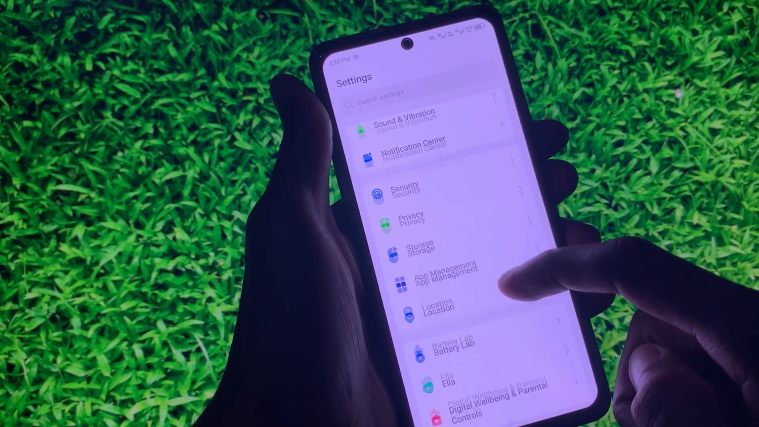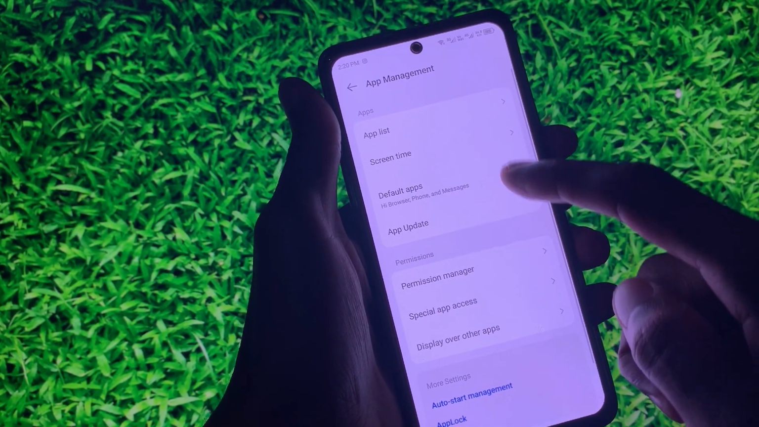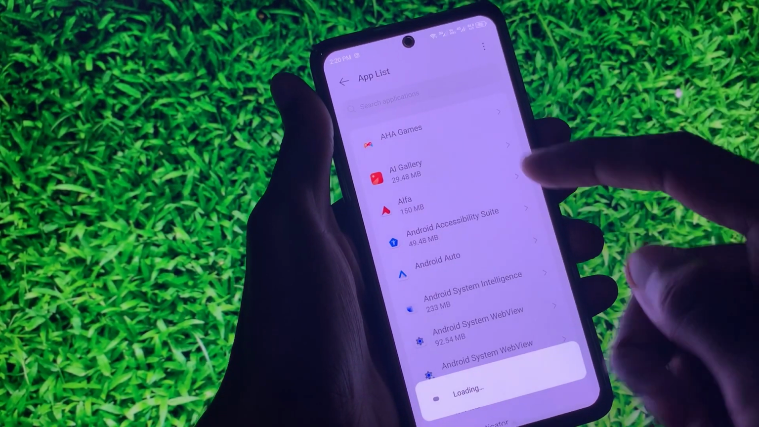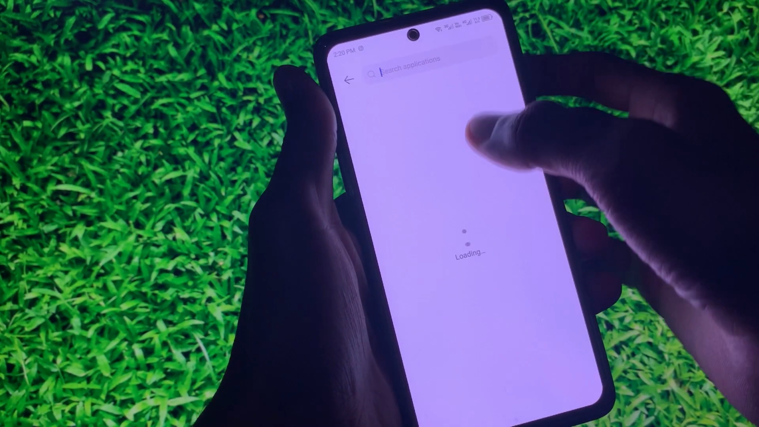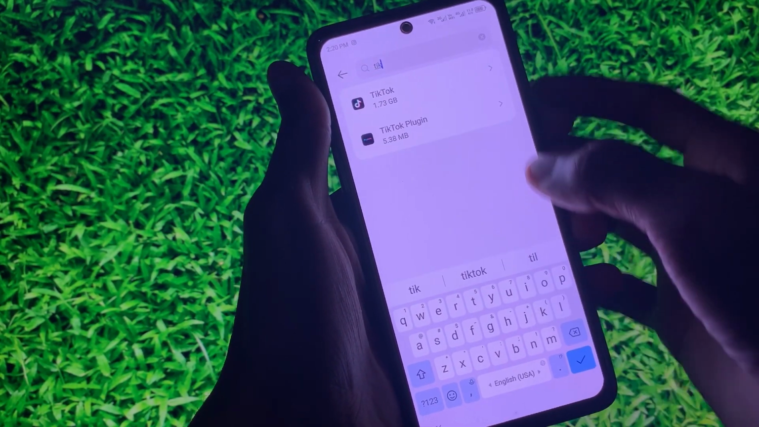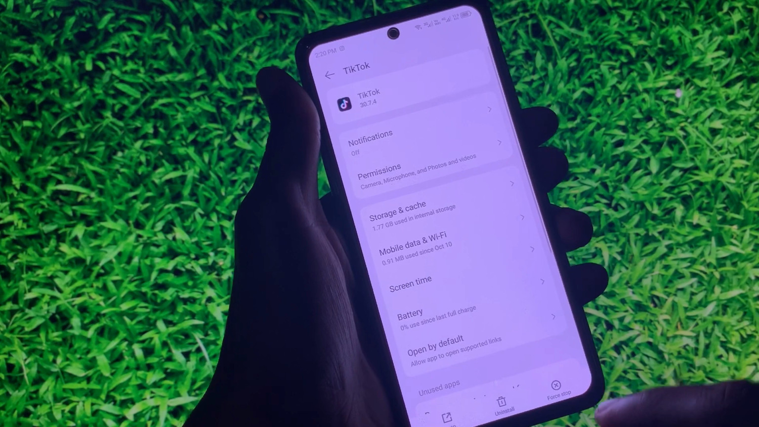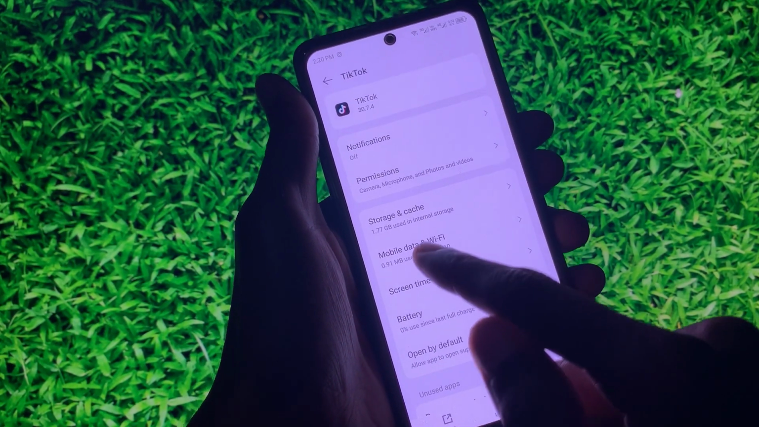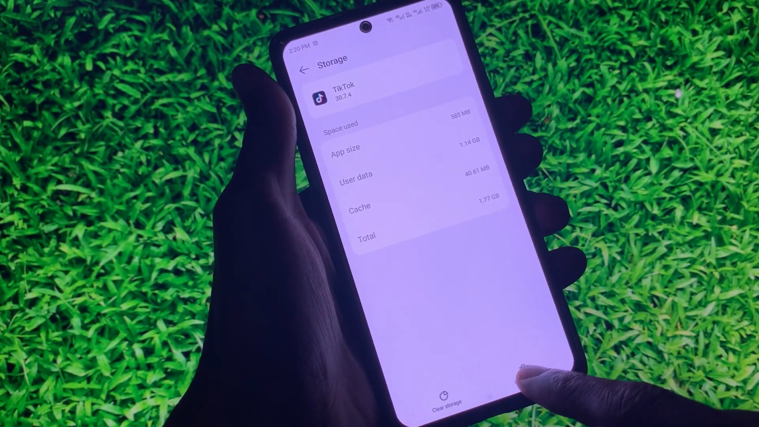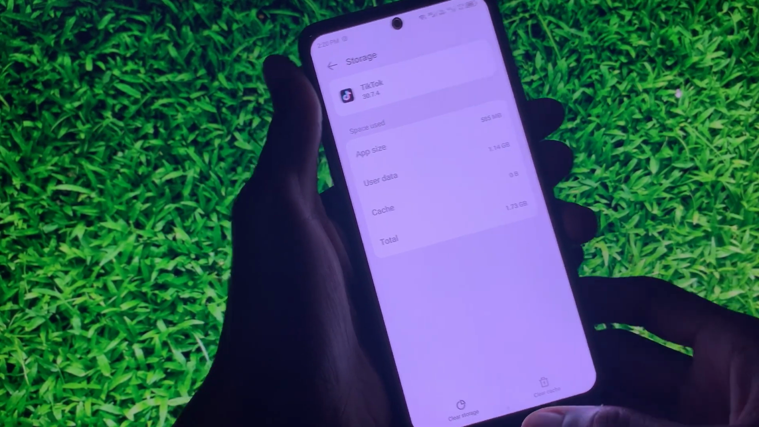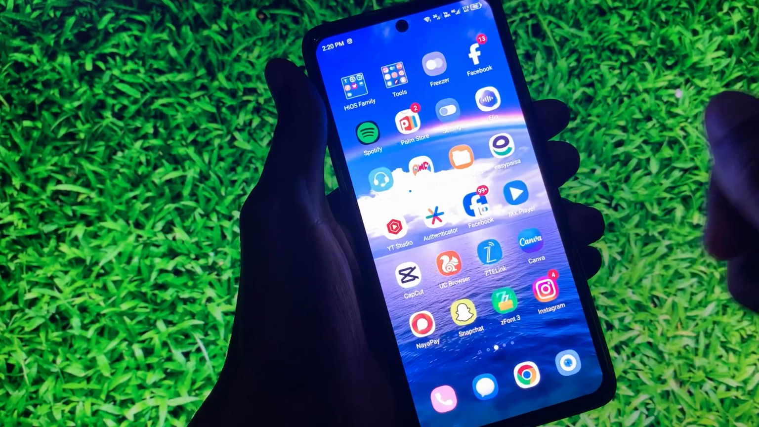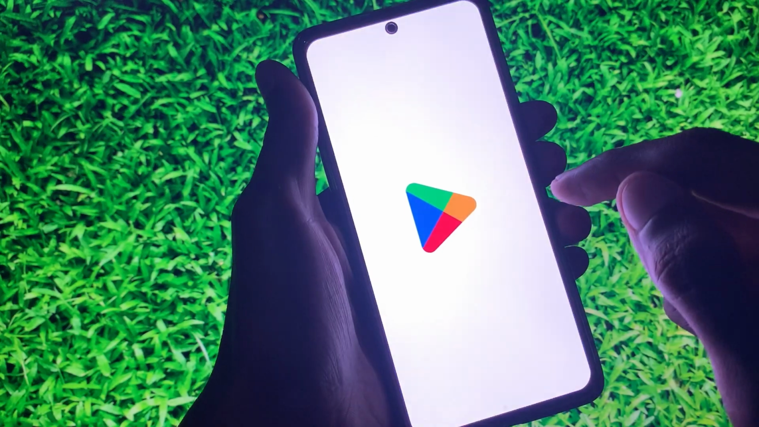And secondly, you need to scroll down and click on app management. Here you need to click on app list and find TikTok. After this, you need to click on the option of storage and cache, and click on clear cache. And after this, simply go back and open your Play Store